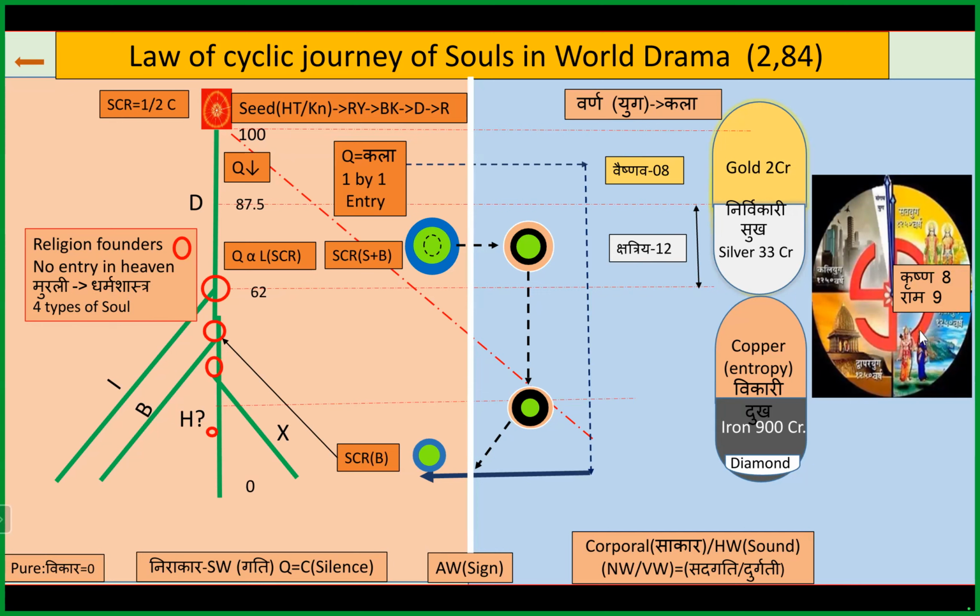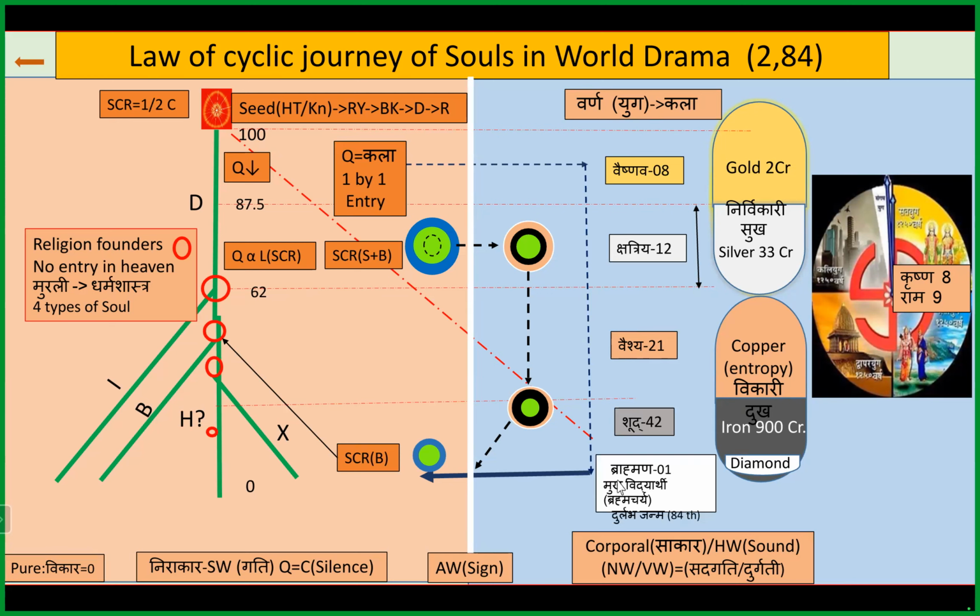And then there is the dynasty of the 12 births. That is why we have Ram Navami and Ashtami for Krishna. This is what we do in the Bhakti Marg, where we remember this. This is the copper age. In the Vaishya, there are 21 births. And then the Shudra, the Kali Yuga, there are 42 births.